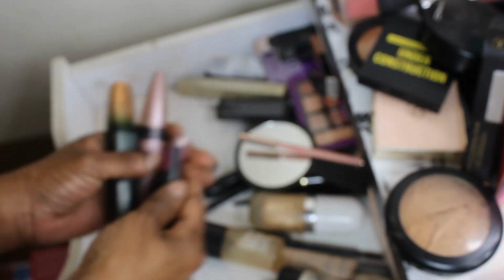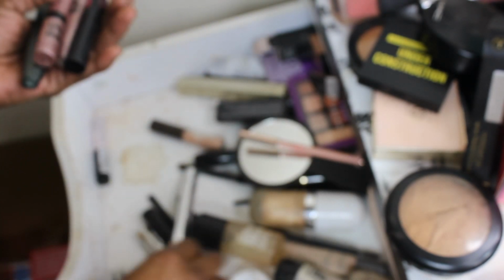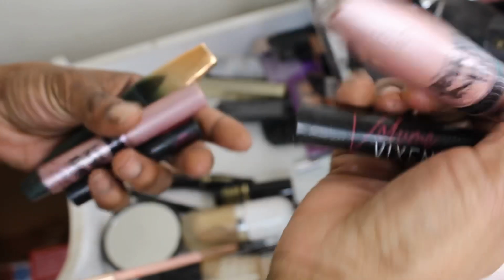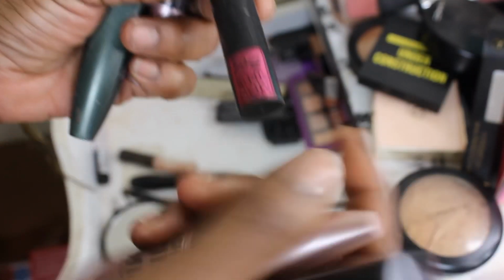Now, mascara. Let's see. There's a whole lot of these that should have been in my Mo Empties Mo reviews because this is a goner, this is a goner, this is a goner. And when I say this